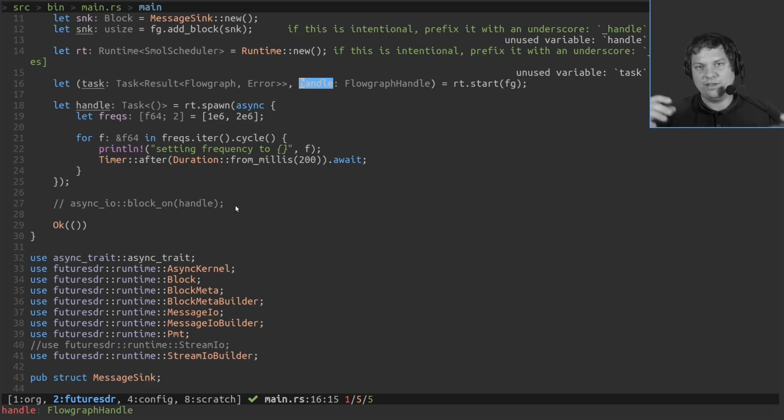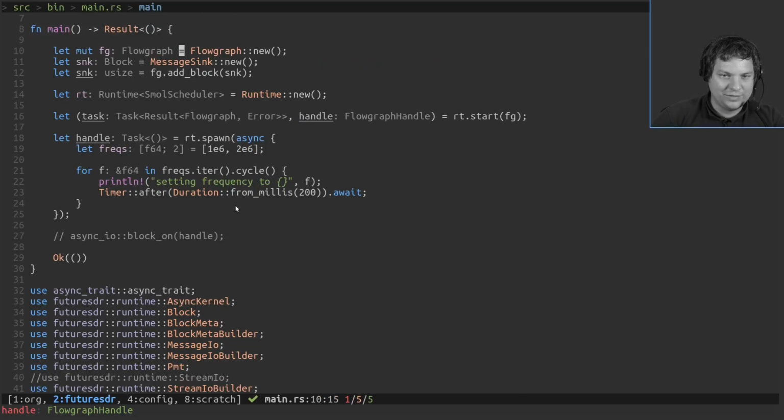So when the block sees a message to connect a buffer, it does this and that. When a block sees a message that it should run, it runs the work function. All this kind of stuff. When the block sees a message with a PMT that should go to this and that message handler, it sees, let's call the message handler with this PMT, and then it runs the function. And yeah, this is the way FutureSDR works heavily. And in this case, we get the handle, which is an inbox channel to the flow graph, and then this flow graph demultiplexes to the individual blocks if needed, depending on the messages received.